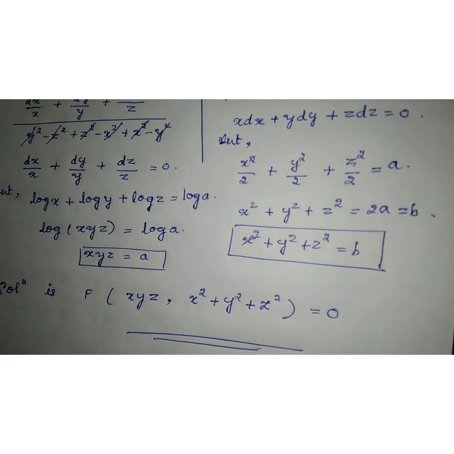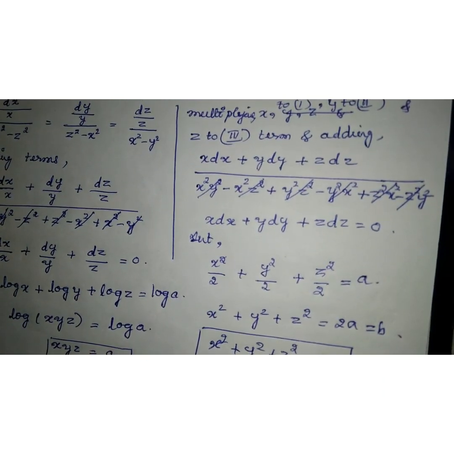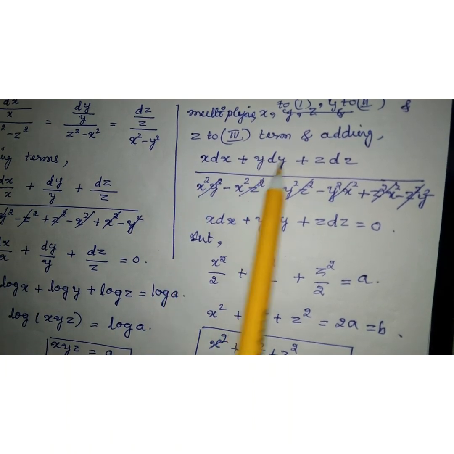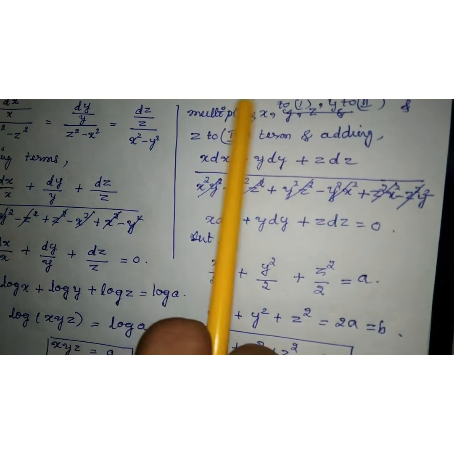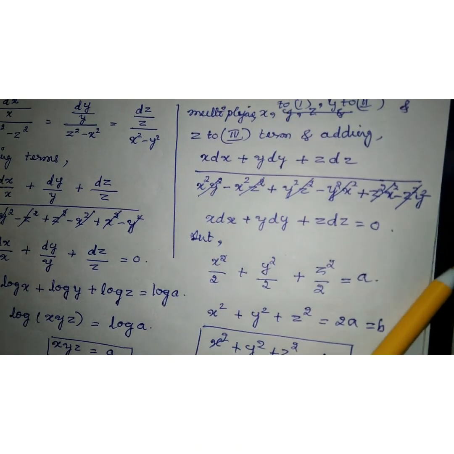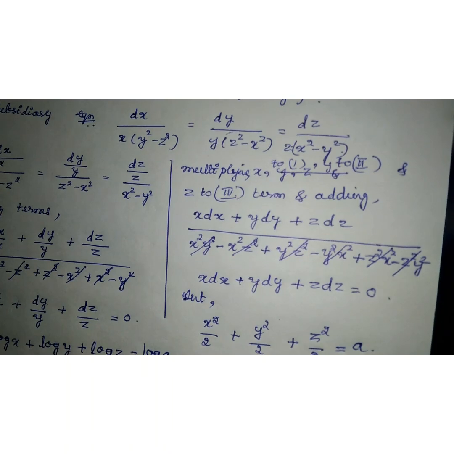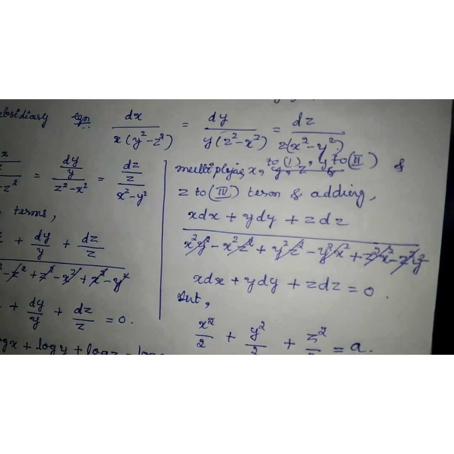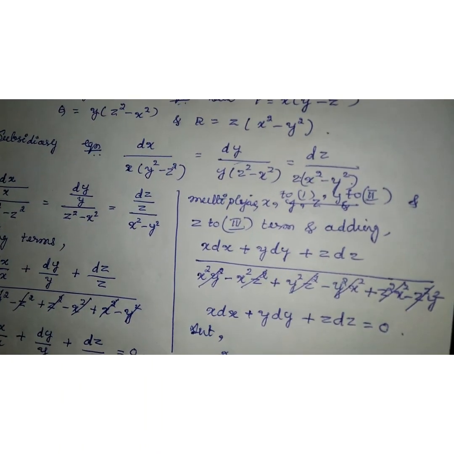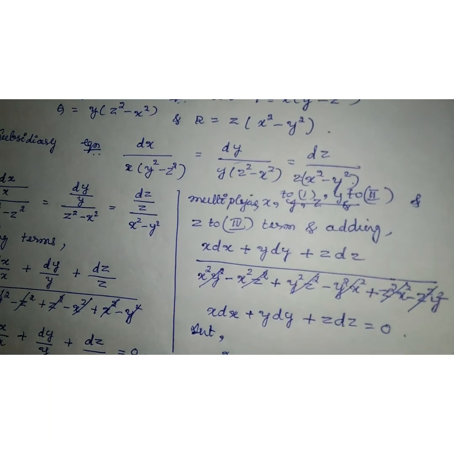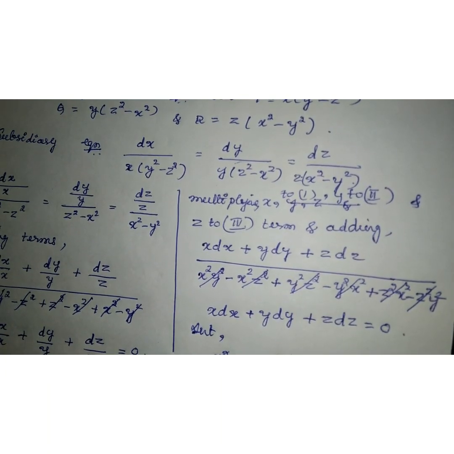So after going through two problems, you can observe here, multiplying x, y, z terms to the first, second, third terms and adding together, or just adding all the terms together will work in most of the cases. In most of the cases, not in all the cases. So while checking, you can just give priority to these two cases.